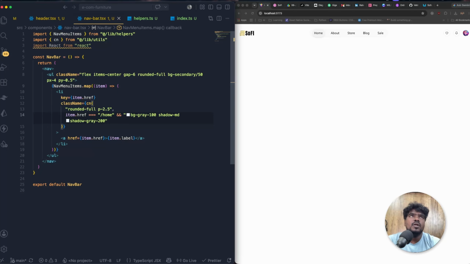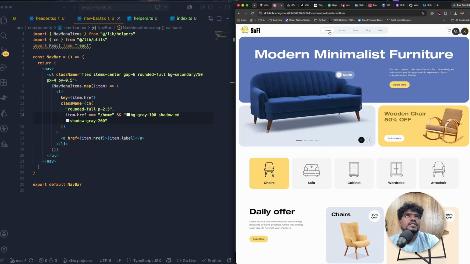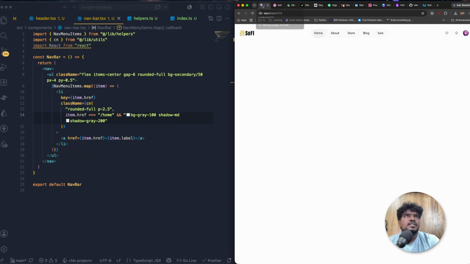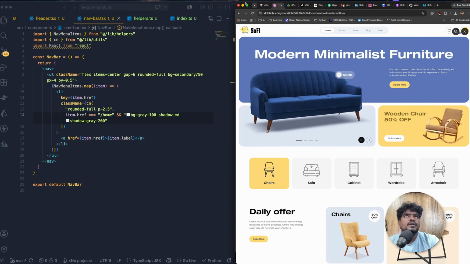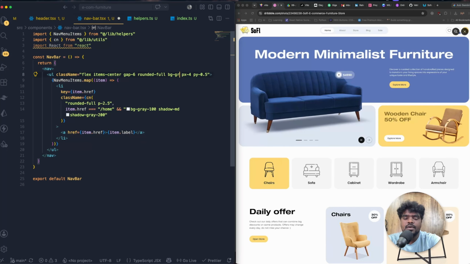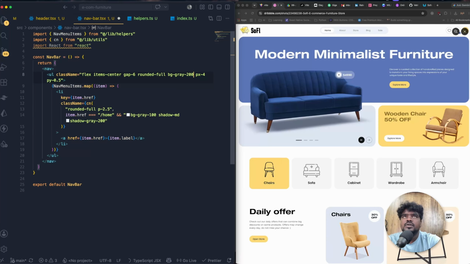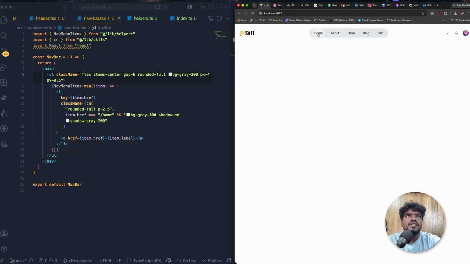Okay, that would be more appropriate. I think they are using different colors, and they are using gray color over here. So let's use the gray over here, gray 200. Let's change the color into gray 200, which is perfect. And then I'm gonna use this